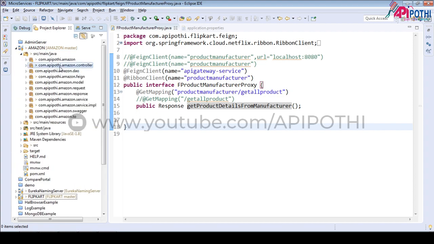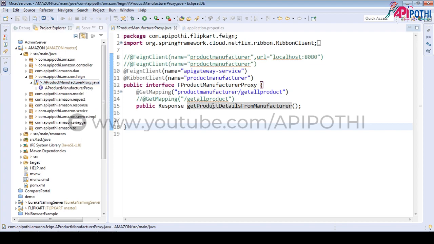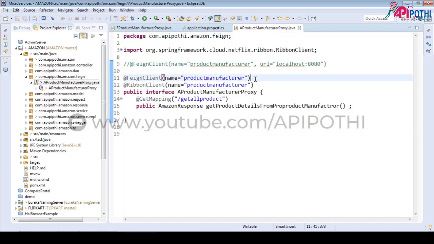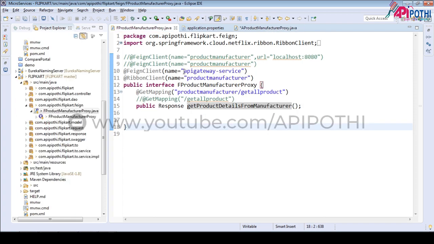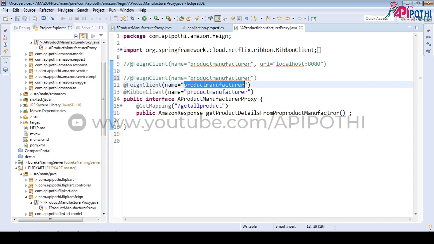Second, Amazon is also calling the product manufacturer by making a Fin call. So here also we will do the same things, right? So here again we will copy this one, paste it, we will comment this one, copy the API gateway service, put it here, copy the product manufacturer, okay, and keep it here.